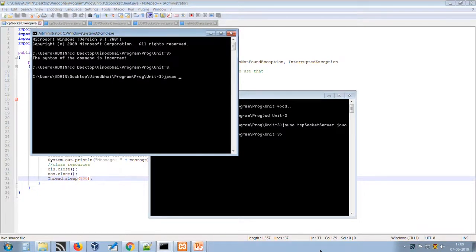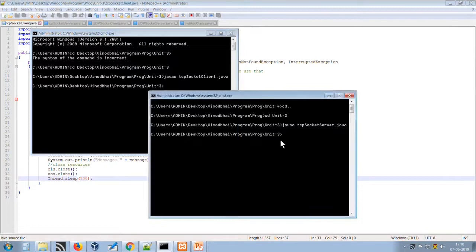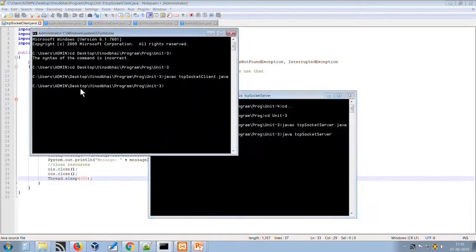Here we will compile the server and TCP client. Now we will start the server in another command prompt. That TCP server, as we already talked, is continuously waiting and listening for the client request. So here the message says they are waiting for the client request. Now here we will